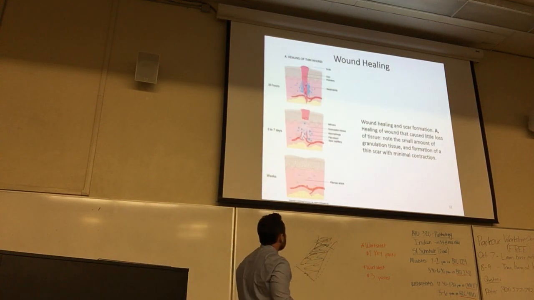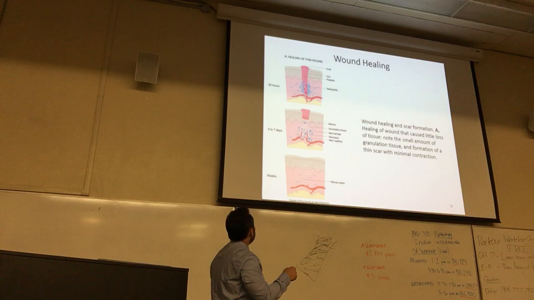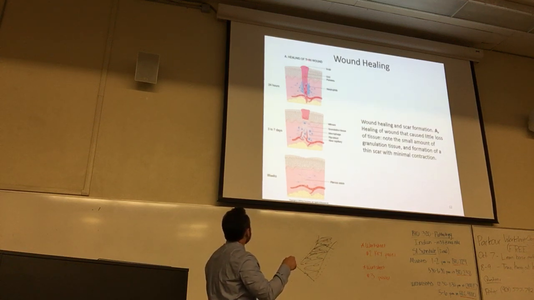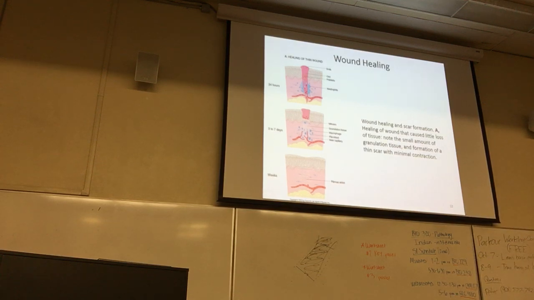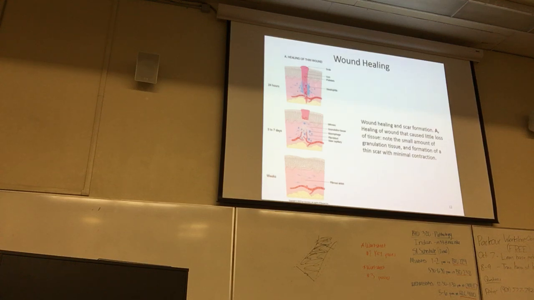So here's a picture in sequence. Initially, we've got a wound in the skin, and it goes deep. This wound forms a clot, a fibrin clot. You get platelets that are trapped, and it stops the bleeding. You recruit neutrophils from the bloodstream first; they come in within 24 hours. Secondly, in 3 to 7 days later, you get the neutrophils dropping down in population, and macrophages start taking residence.